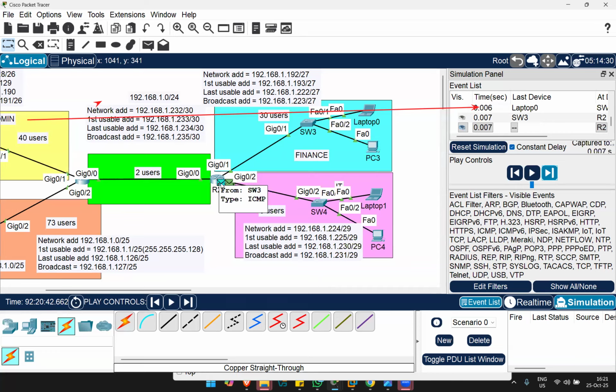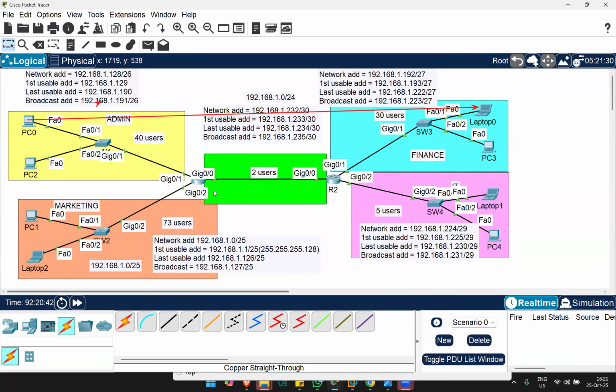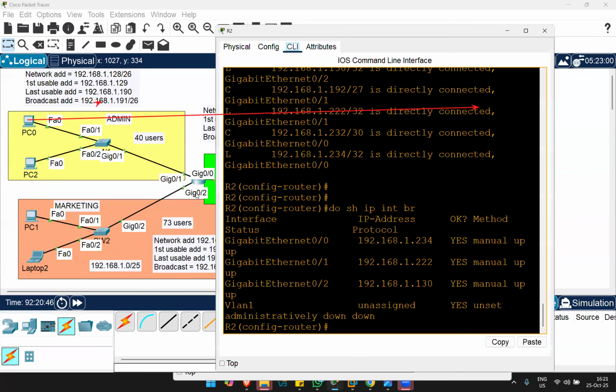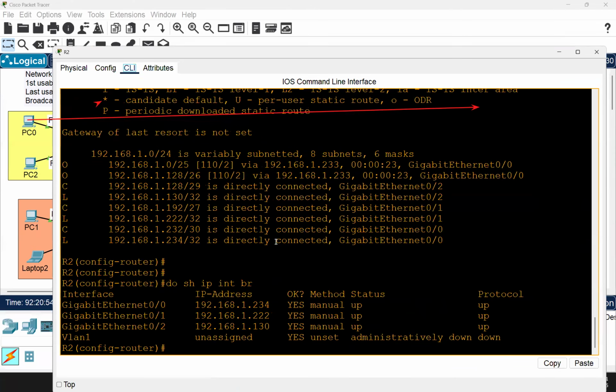So we need to go and look at router 2's routing table because router 2 doesn't seem to know where this network is. So that is what the problem is. So maybe we configured the OSPF wrongly. Let's look at the routing table here and see if we configured the correct